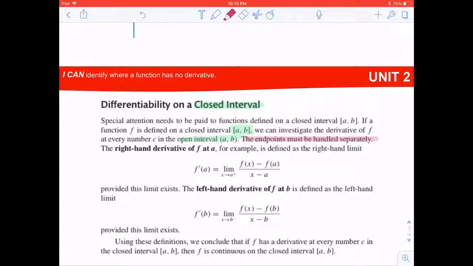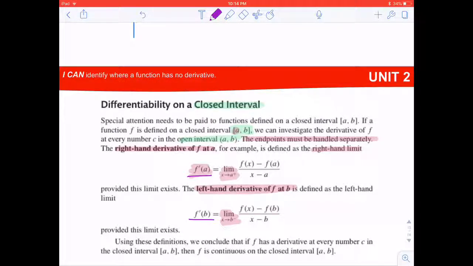So the right-hand derivative of f at a, for example, is going to be defined as the right-hand limit. So right here, the derivative at that endpoint a is going to be the limit as x goes to a from the right of a. And then if we want to check the left-hand derivative at b, then we're going to do the limit as x goes to b from the left-hand side. So that way, if these two exist, if f prime of a exists and f prime of b exists,